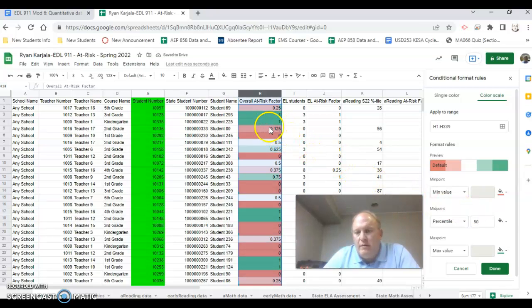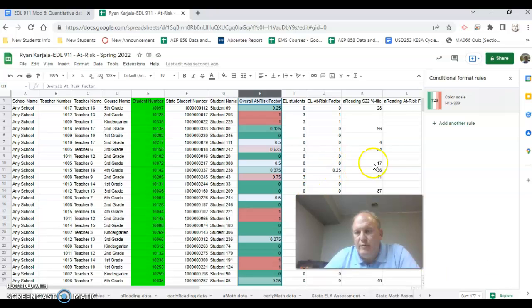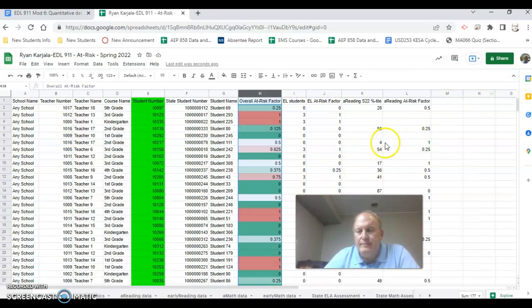So the ones that are closer to 0 are red, and the things that are closer to 1 are green. Or you can go the other way. So the kids that are closer to 1, they have a high risk factor, high average. They're closer to where they're red. If they're closer to 0, which means they're not as at risk, they are green. So that's a way to do conditional formatting. That might be a little bit different. But this is an intro to